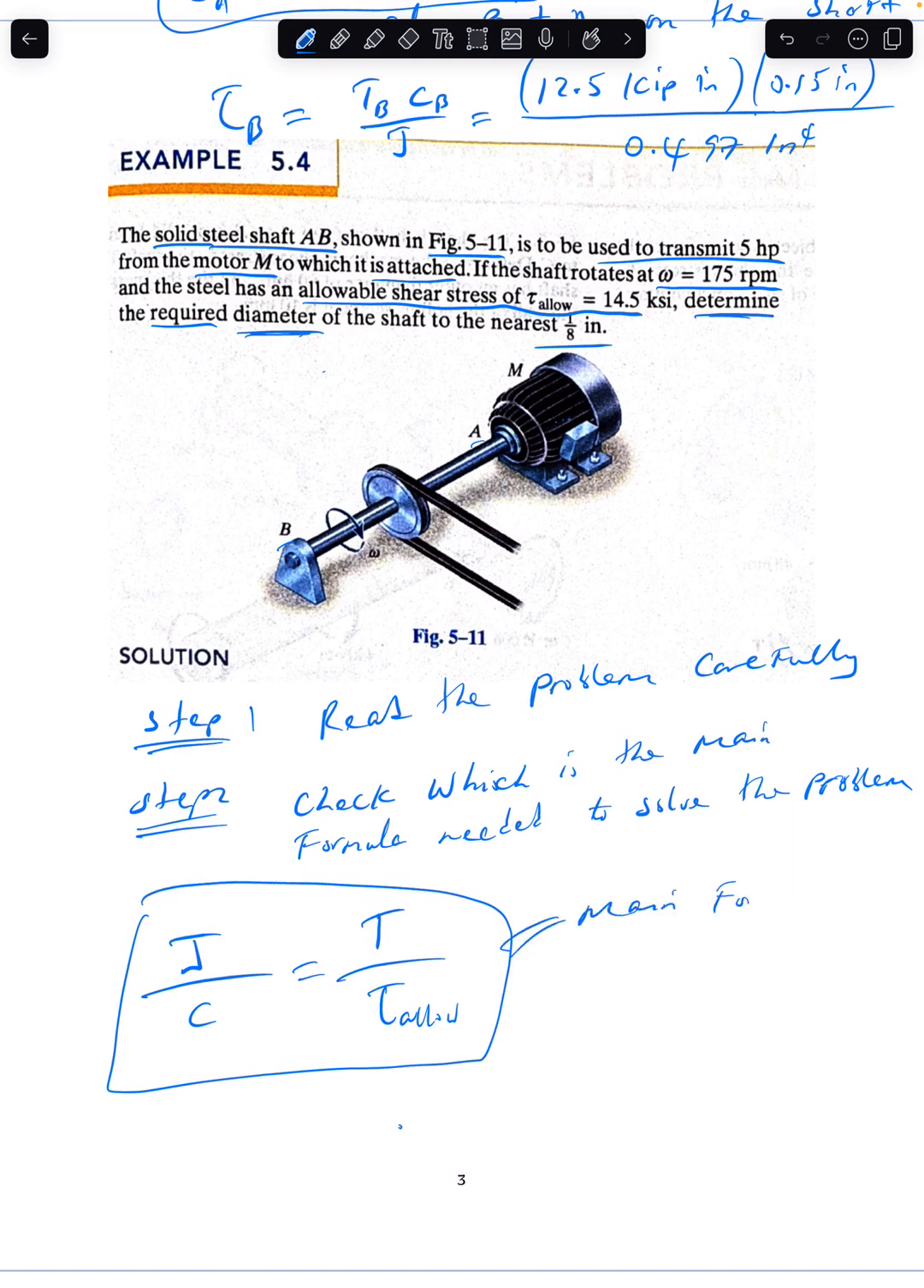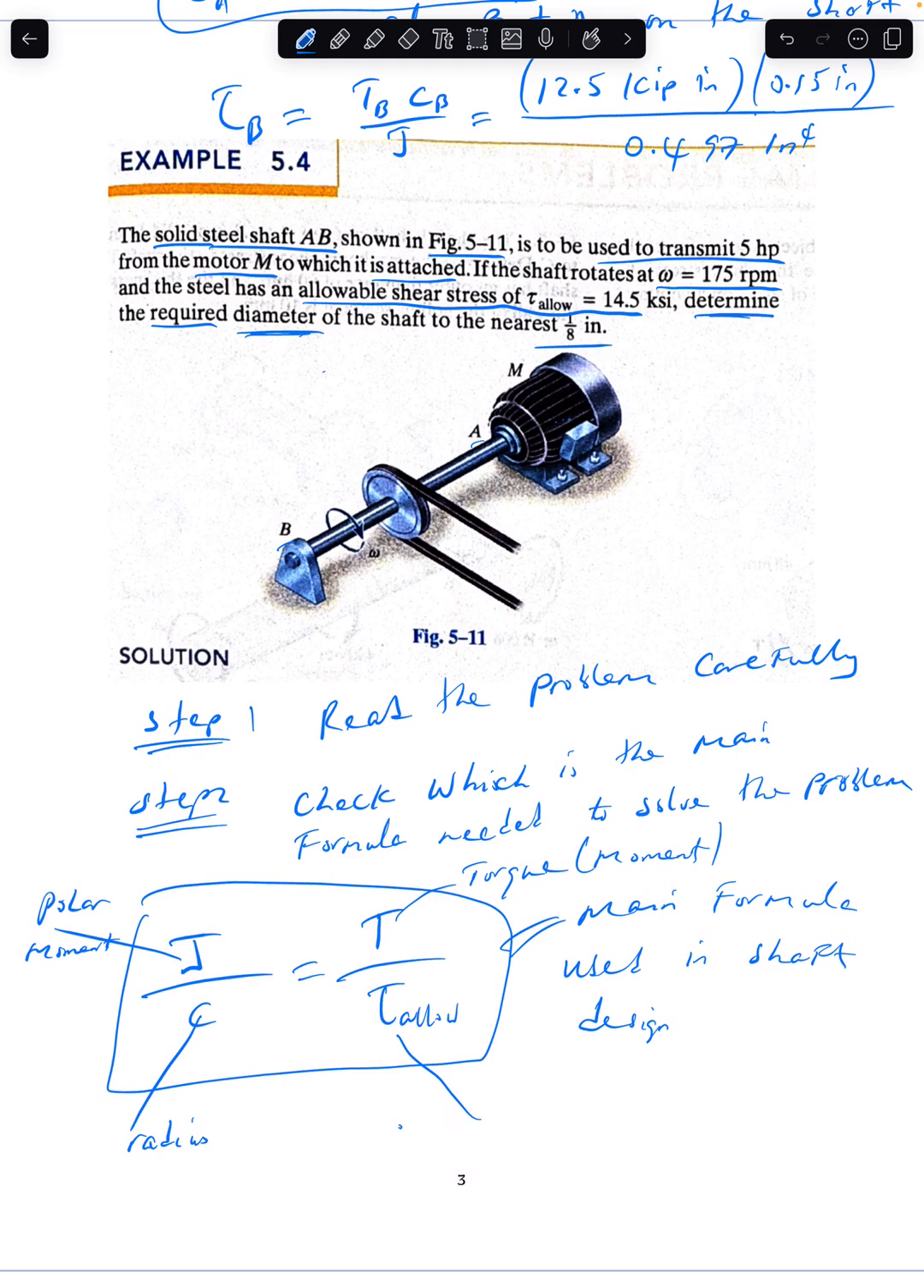So this is the main formula used in shaft design. This is the polar moment. This is the radius, which I said is a radius from a given distance. This is the torque, which in this case is still a moment, which we spoke about in class, and this is the allowable